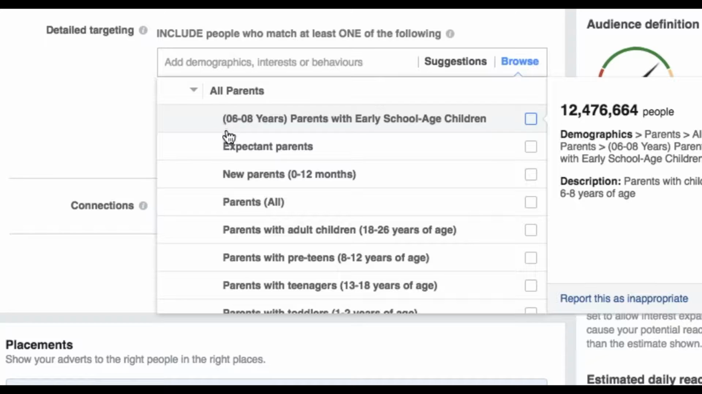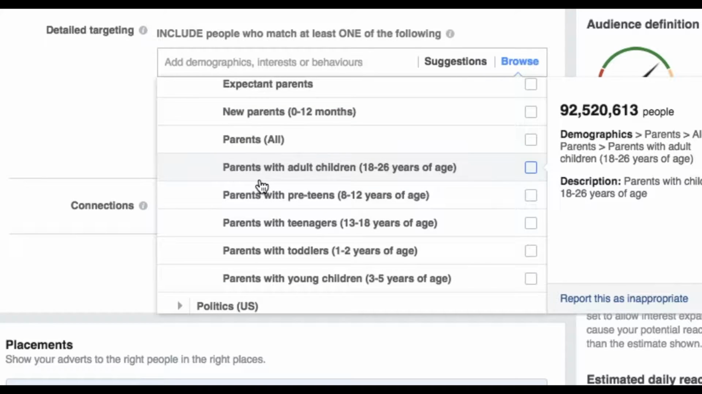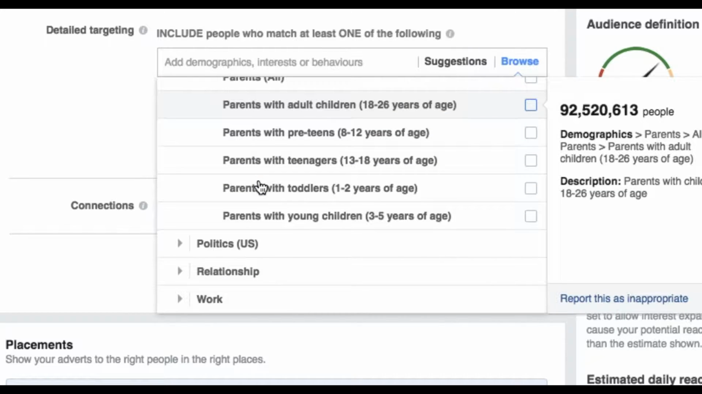So you can target people whether they're expectant parents or whether they've got 6 to 8 year olds, whether they're brand new parents, whether they've got preteens or teenagers or adult children. This kind of data is incredible for anyone that's trying to sell anything to parents. It's all well and good to target interest-based for this sort of thing, but this data is pretty accurate. So if you are targeting anything that would be relevant to a parent, make sure this is one of your